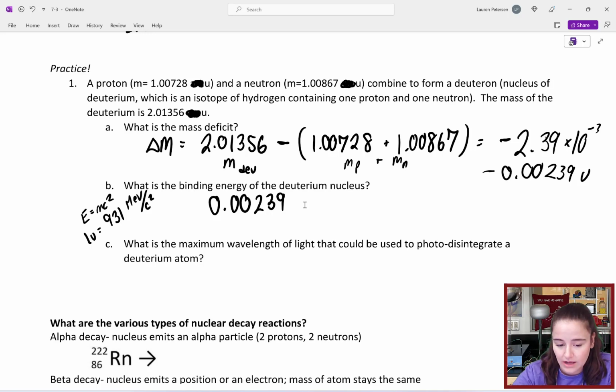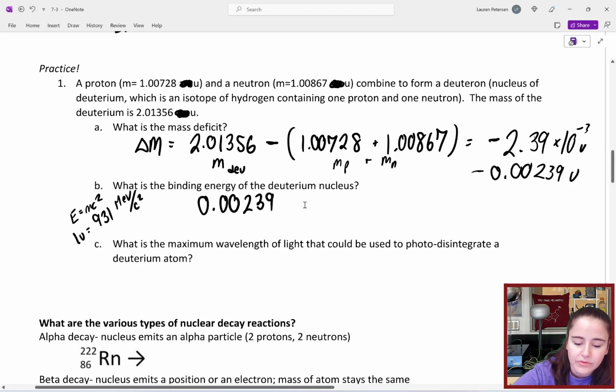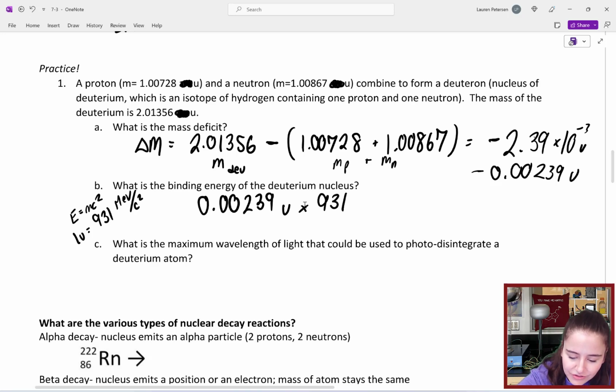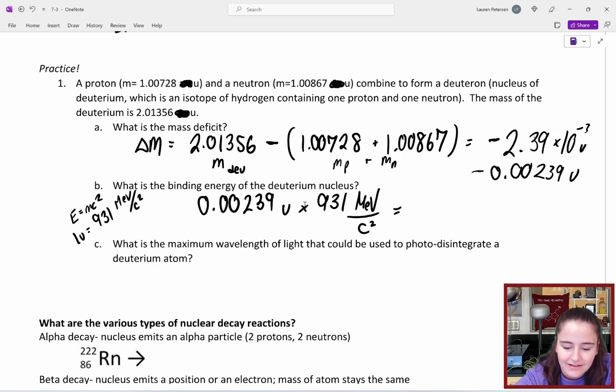It's just showing that it lost mass. So 0.00239 U, I can just multiply by 931 mega electron volts per c squared, and you get 2.23